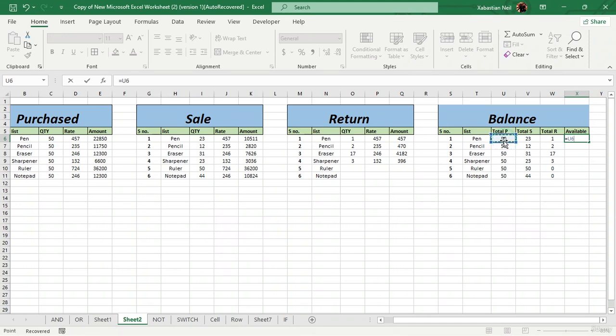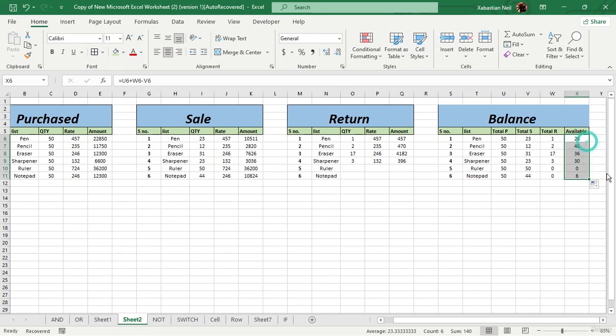Okay, now the total purchased, and then plus the total return, which is going to be this one, and then minus the total sales. Well, that is it. Just hit enter and you will see the available products, which are here right now. Now use the fill handle, or maybe if you want to change it, let's say